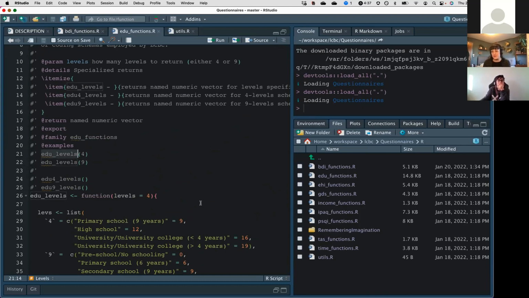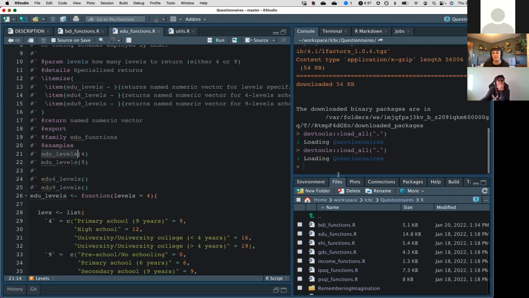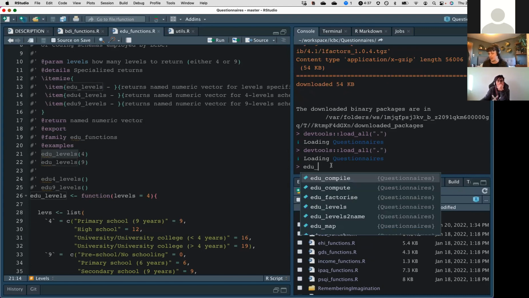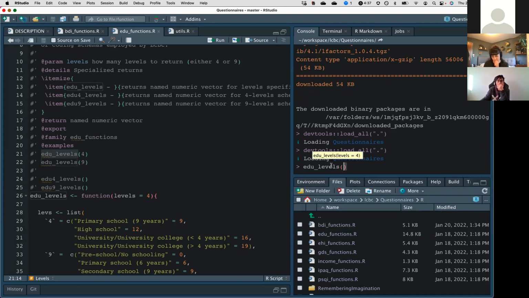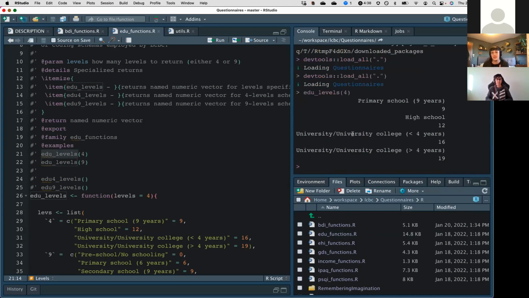And this is a bit confusing. It's confusing to all of us. So I made some functions that could help people map the different types of educational categories that we have. If I ask for educational levels 4, because I found data that has 4 categories of educational levels, and they're coded in a way I don't understand, I can see that, okay,